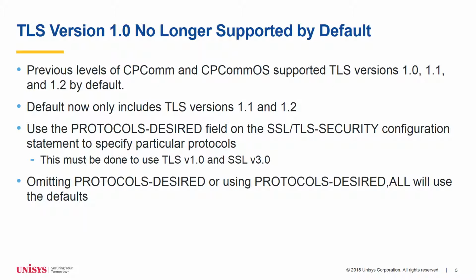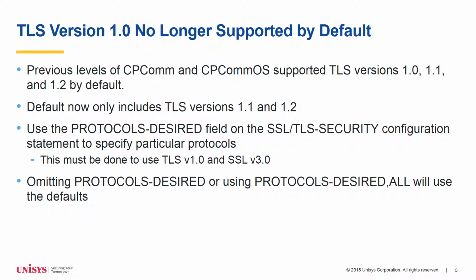You can configure specifically desired protocol versions, and you can also omit this field or specify all, both of which mean that CPComm or CPCommOS allows a default list of protocols. This default list no longer includes TLS 1.0. If you need either SSL version 3.0 or TLS version 1.0, you must specifically configure them by naming them on